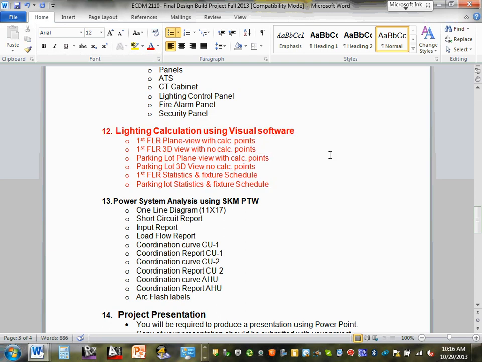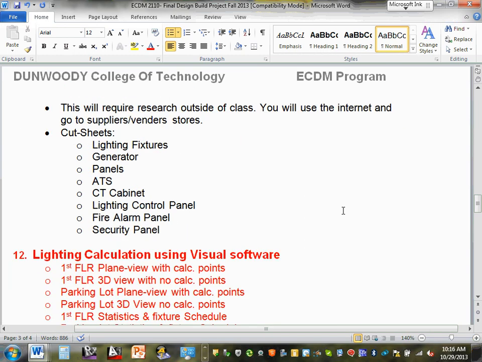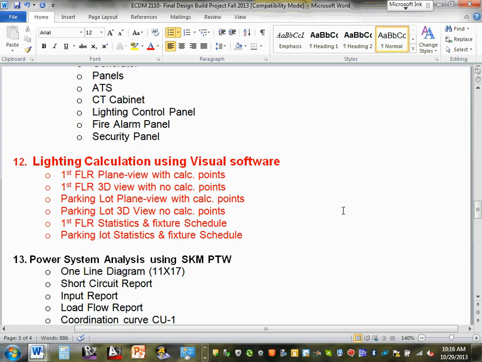We're required to do a lighting calculation using Visual software. Let me blow this one up a little bit here. You are to do a first floor plan view. Is that wrong? Plan view. We don't want airplane. Okay, first floor plan view with calculation points, and first floor 3D view with no calculation,